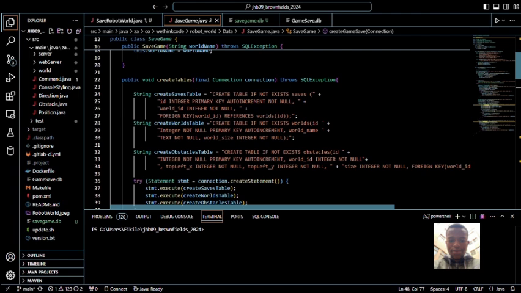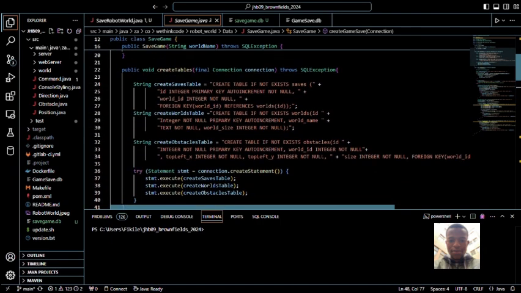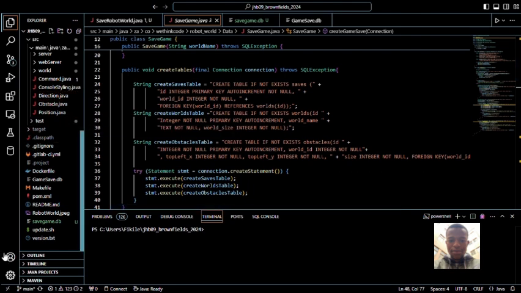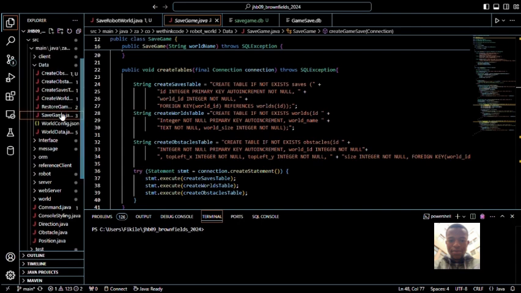For example, we create a world with an ID integer, which will not be null, so it must not be an empty column, and this will be our primary key for that table. And we have a world name as well as a world size, which shall not be null. If we take a look at the next topic in question, we are using SQL code that is